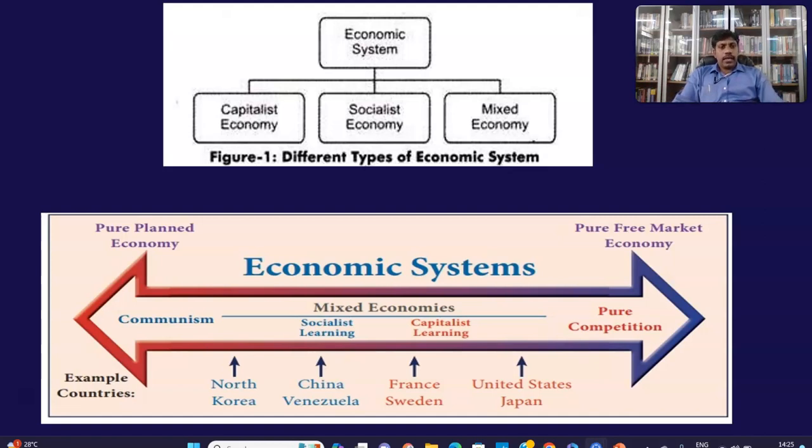Then what are the characteristics of the capitalist economy? The right of private property. They have the right to own private property. No government intervention takes place in the capitalist economy. And there's a free hand to the market forces, supply and demand. They will control the market forces, with free choice in production and consumption. So they will decide what to produce, and they will also decide what should be consumed by the people in the economy. And non-existence of the public sector.